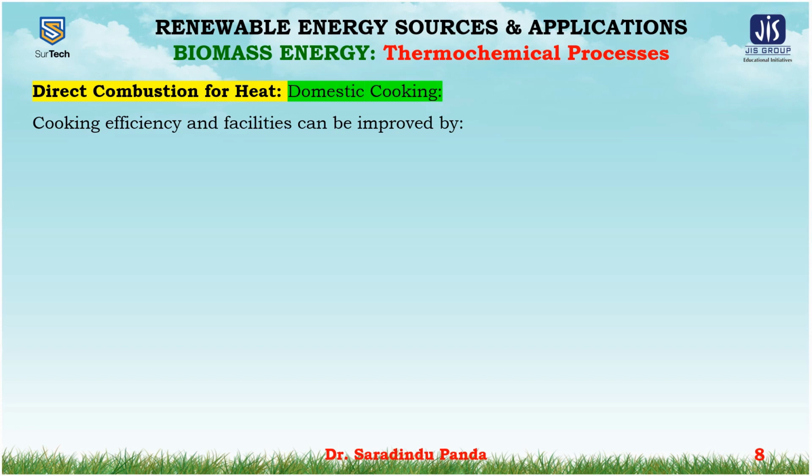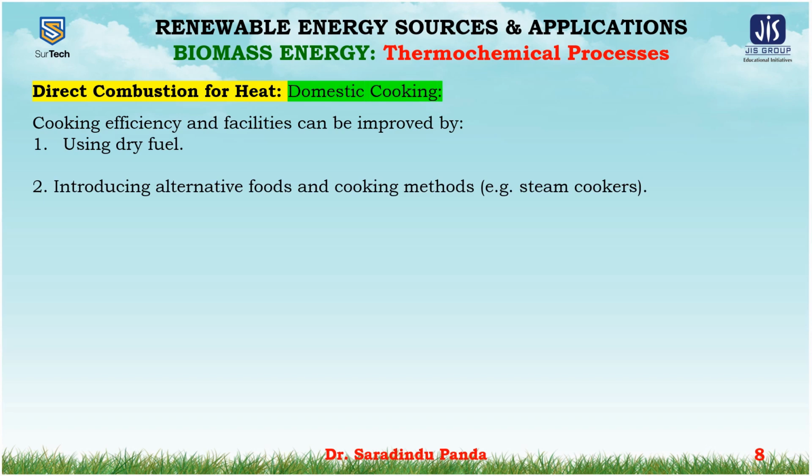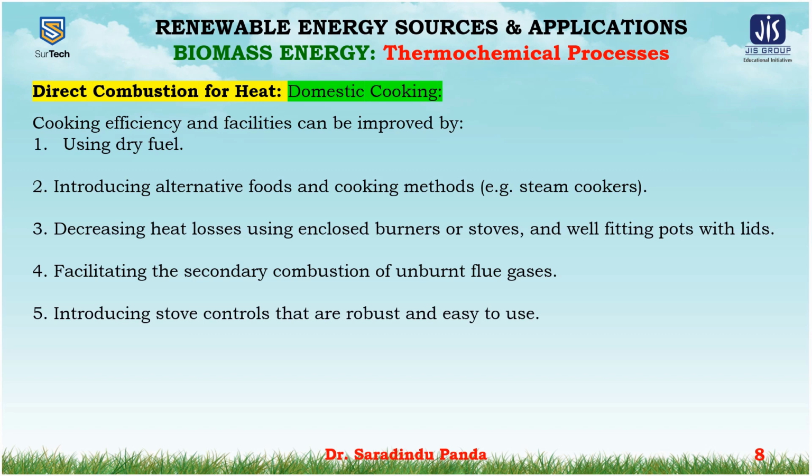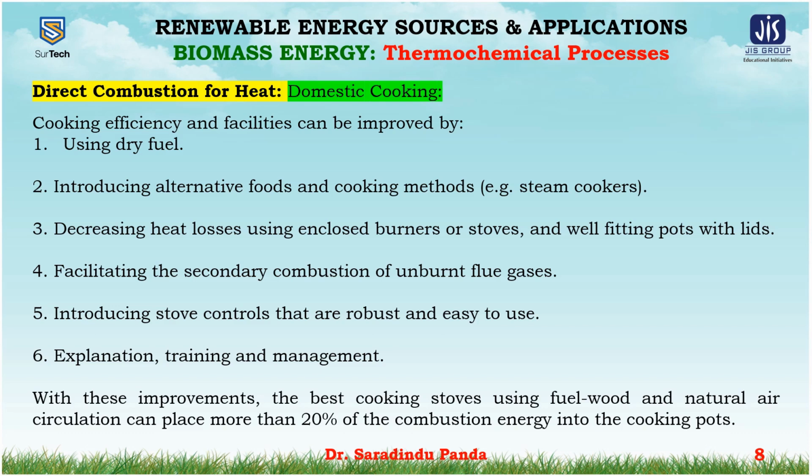Cooking efficiency and facilities can be improved by using dry fuel, introducing alternative foods and cooking methods, just like steam cookers, decreasing heat losses using enclosed burners or stoves, and well-fitting pots with lids, facilitating the secondary combustion of the unburned flue gases, and introducing stove controls that are robust and easy to use. Explanation, training, and management should be required. With these improvements, the best cooking stoves using fuel wood